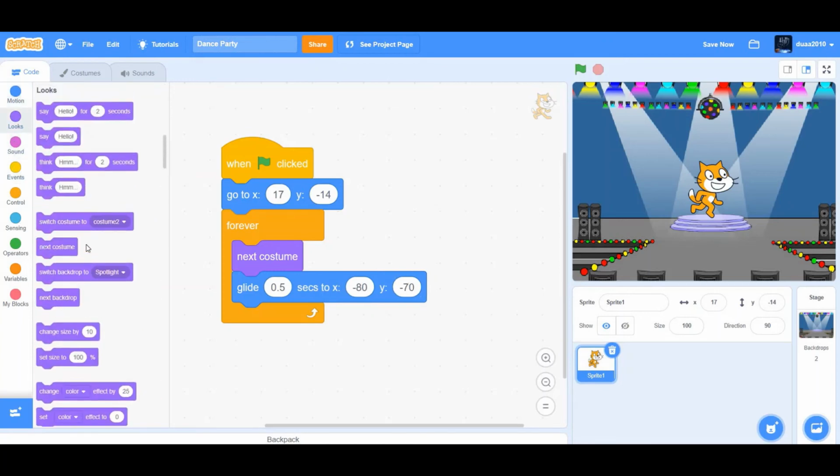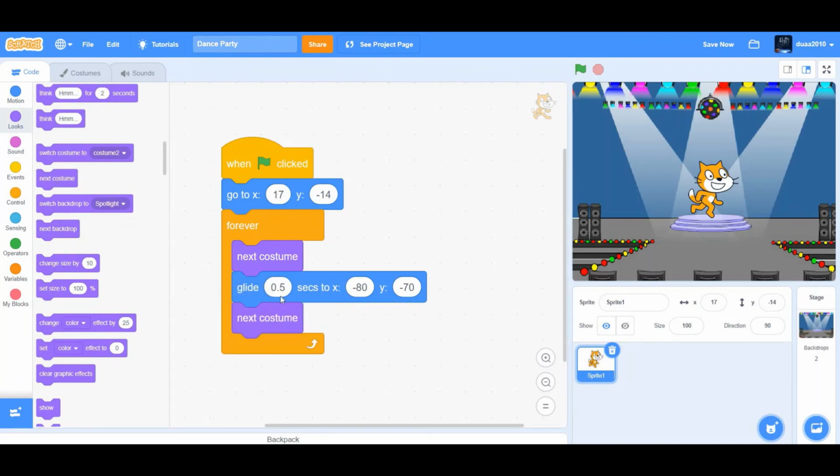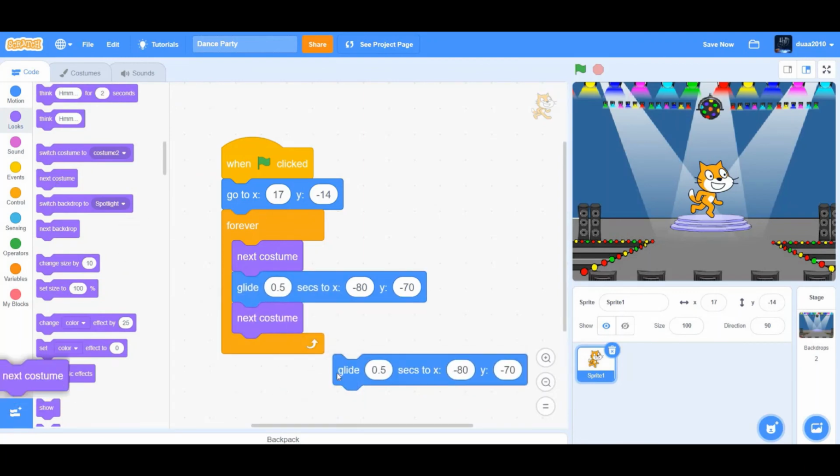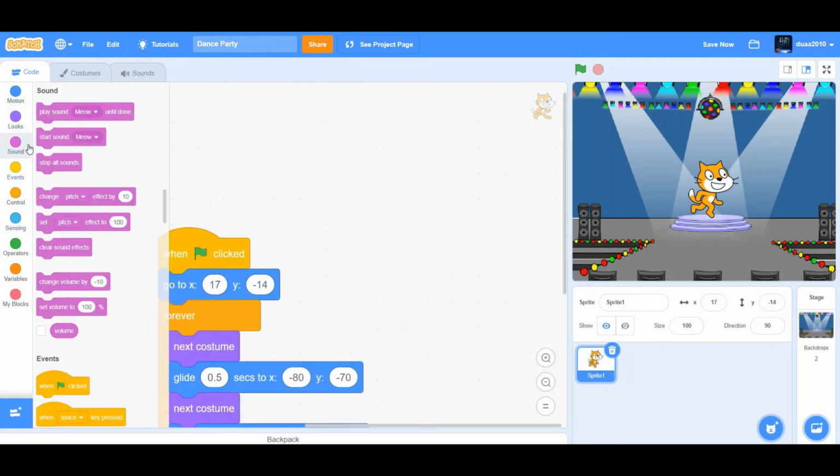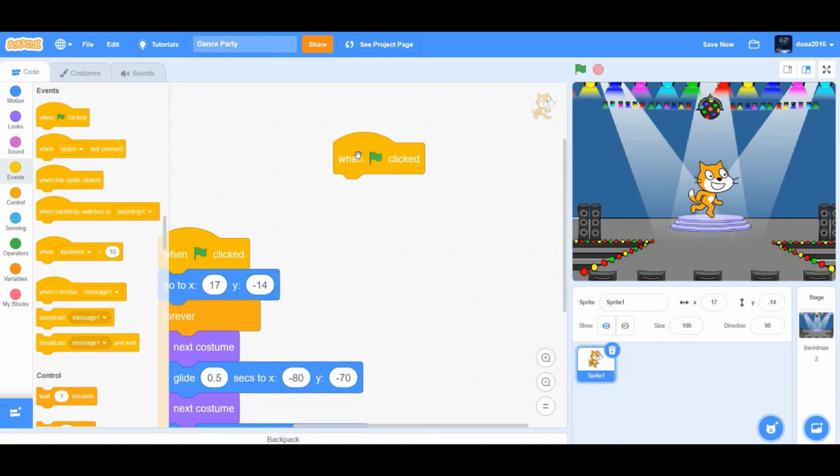Then again, we wanted to go to next costume. I'm going to get another glide, and glide 0.5 seconds to negative 120 and negative 70. Then we wanted to play the music dance. We'll just look at the sprite sound library. So when flag clicked, we wanted to play